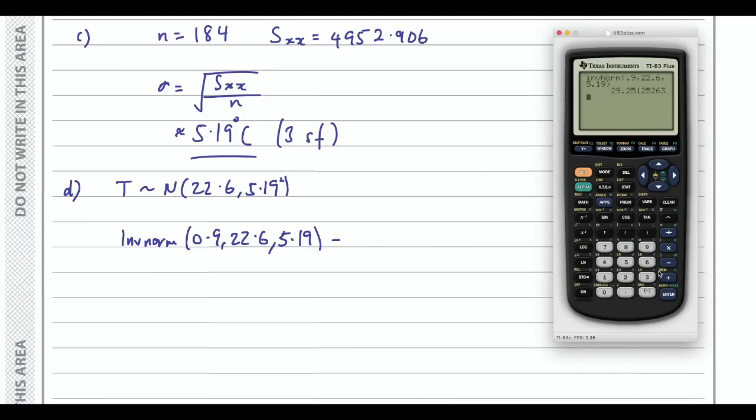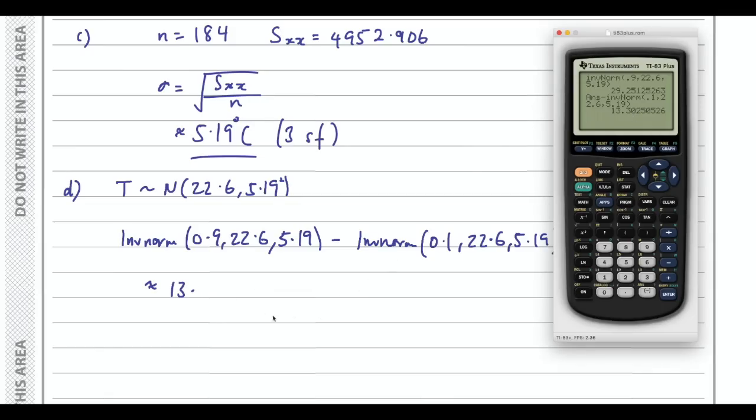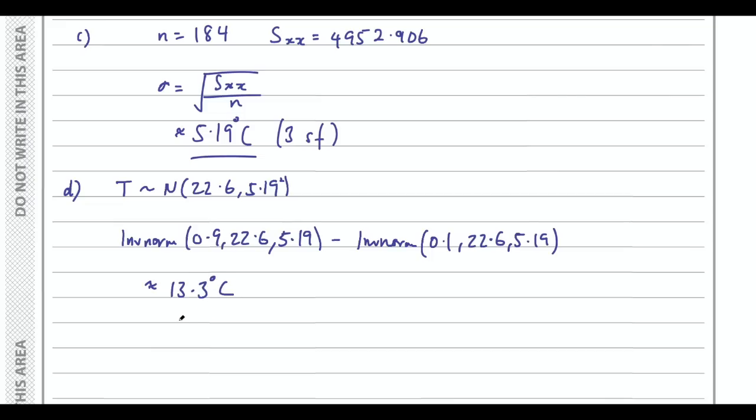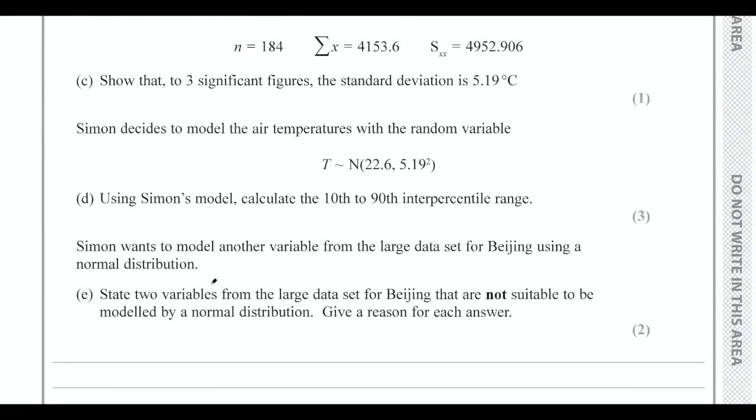So then let's take that answer and subtract the temperature at the 10th percentile. So 0.1, 22.6, and 5.19. And that will give me the range of 13.3. So writing down what I entered, this was the 10th percentile. And make sure that you are understanding how to do this manually as well. That would be my suggestion. So we had to round that off to 3 significant figures. That was 13.3 degrees. For that range, for question D,